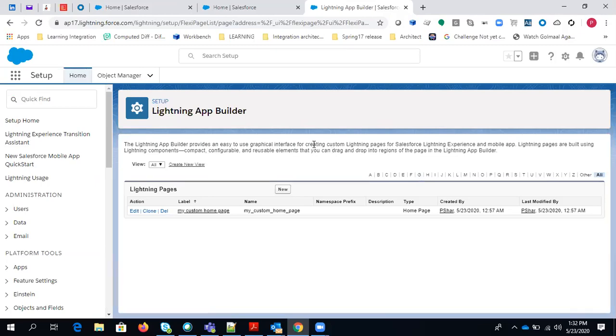Initially, in classic earlier, we were using the home page layout, and in the home page layout we were using home page components. Because of security reasons, we were not able to use a JavaScript component there. It was disabled 2 years back. But in this Lightning Experience, that can be easily customized right now. So you can customize your home page as per your requirement, right?